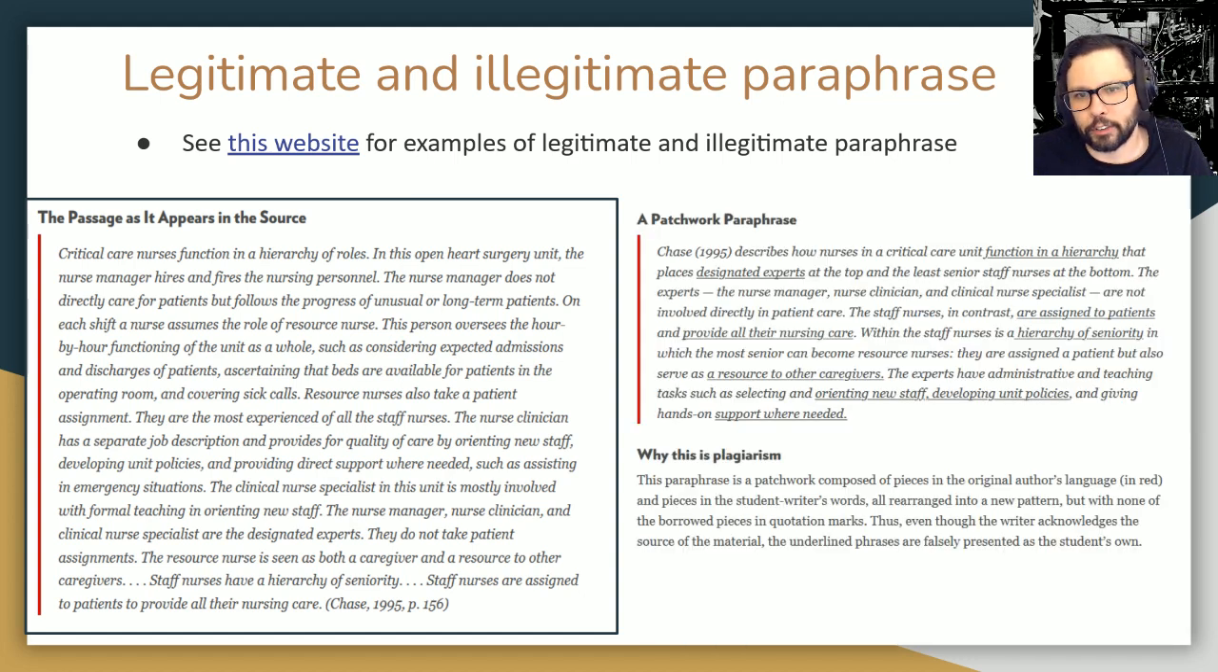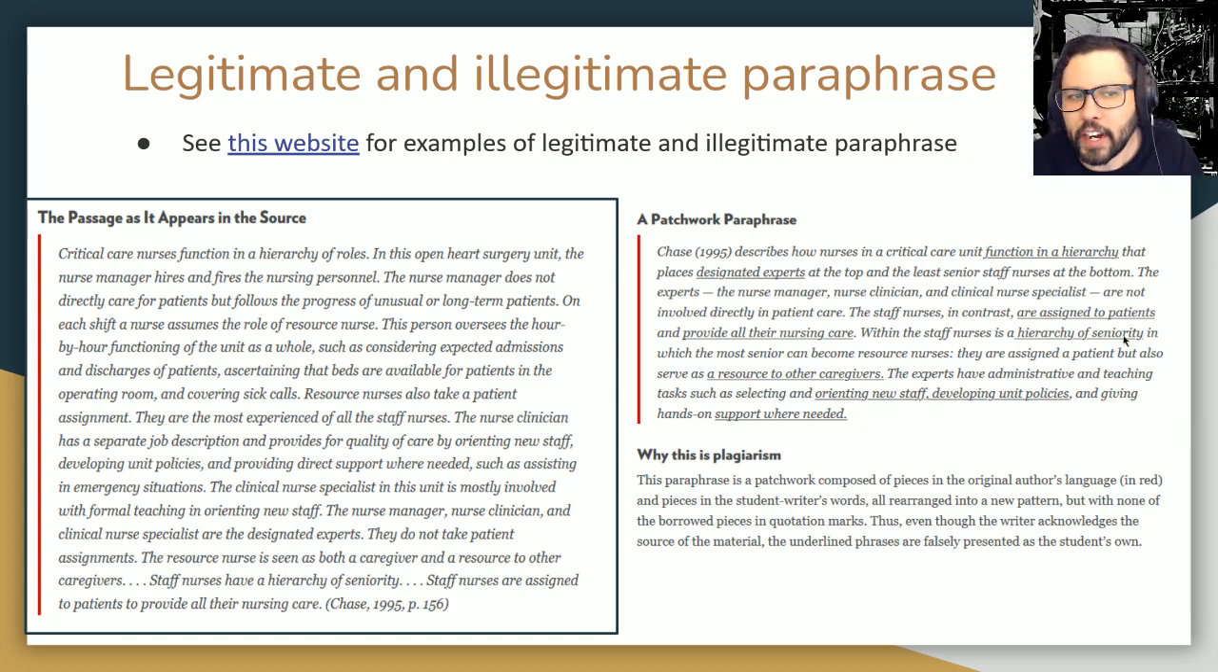Slightly more difficult is these patchwork paraphrases, and this is something that I will often catch students on in my classes. Patchwork paraphrases, you can see here this paragraph has a lot fewer passages underlined. There are some underlined passages, these phrases that are taken directly from the original, right? The critical care nurses function in a hierarchy of roles, function in a hierarchy, etc. So the passages are taken, but